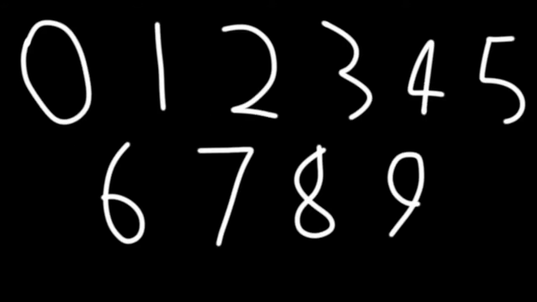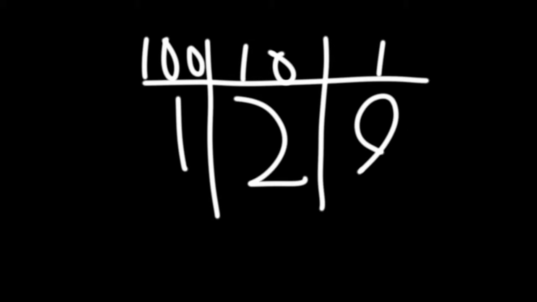Now, before we can get into how binary numbers work, we have to get into how decimal works. Decimal is the number system people are familiar with. It has 10 symbols: 0, 1, 2, 3, 4, 5, 6, 7, 8, and 9. This is called base 10. Now, each column is 10 times greater than the one to the right. Tens are 10 times greater than ones, hundreds are 10 times greater than the tens.